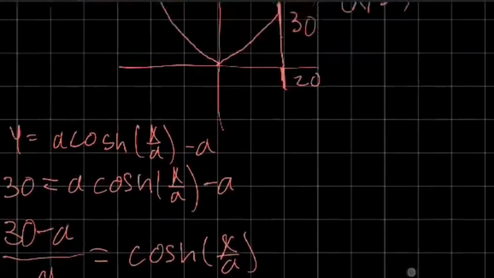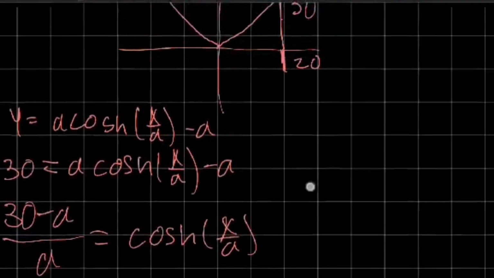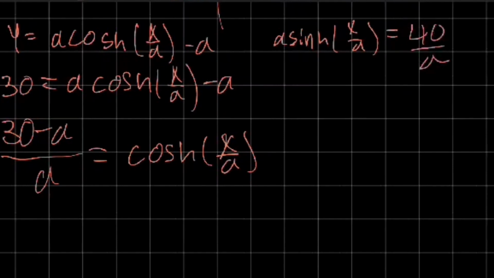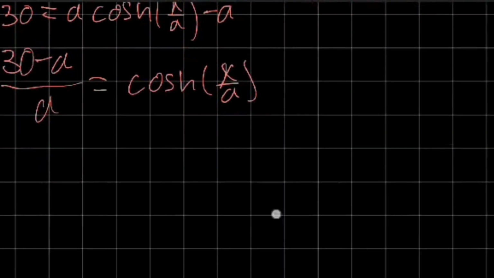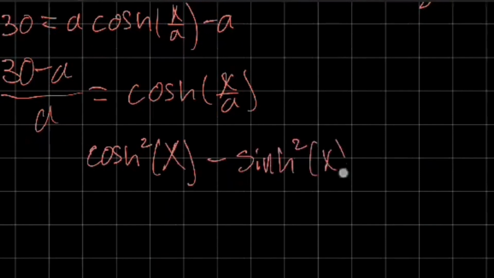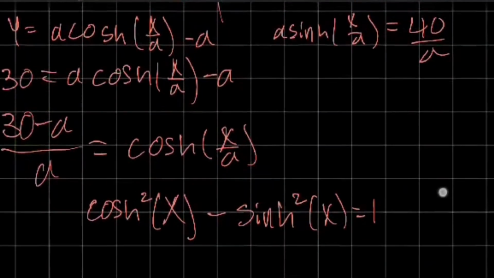And we also know the arc length formula for a catenary, so we can use that as well. That's going to be a sinh of x over a, and that's going to be equal to 40 over a. And we can use our knowledge of hyperbolic trig. You can use the identity cosh squared of x minus the sinh squared of x is equal to 1. And since we have both here,